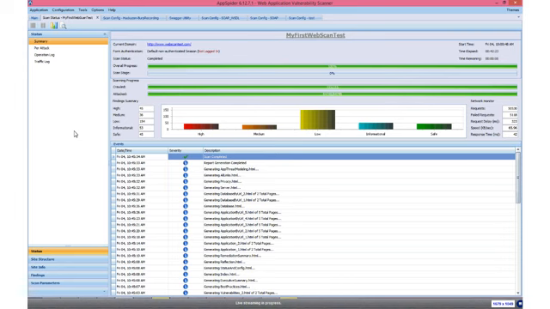So AppSpider is going to fit right within your existing infrastructure, whether it's